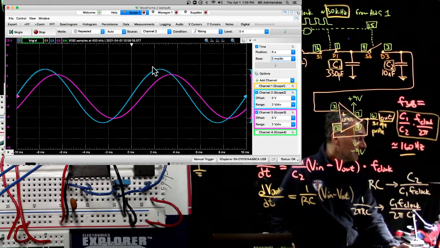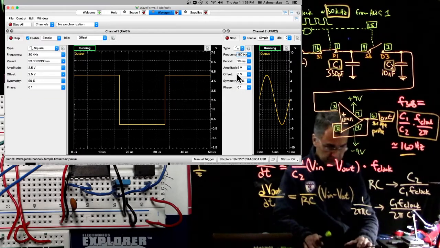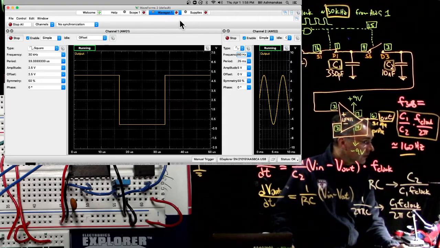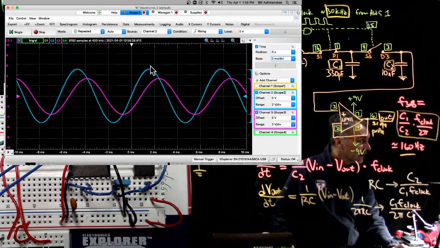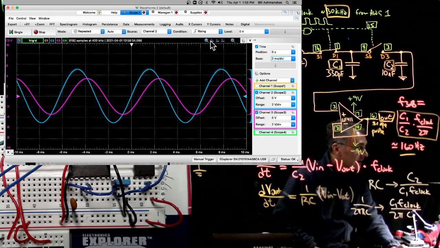Now, I'm not going to measure it right here. Instead, let's go to our predicted F3dB. Let's go to 160 hertz. And let's see if this seems like a factor of,